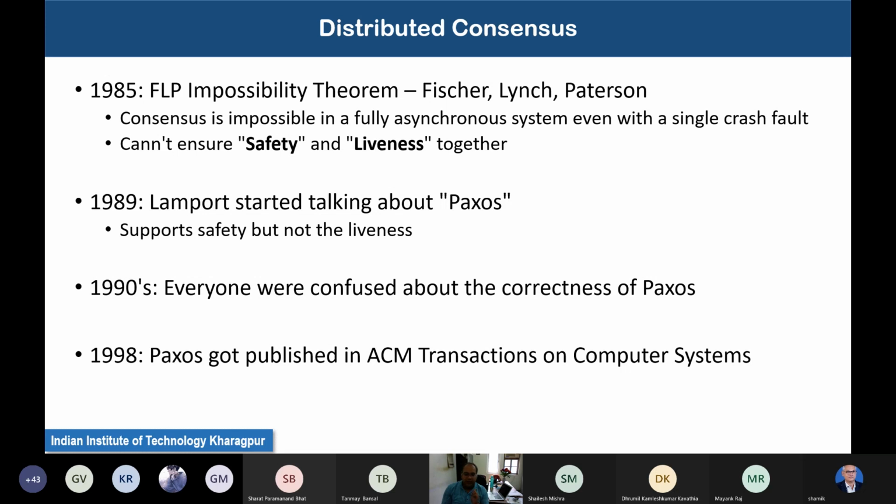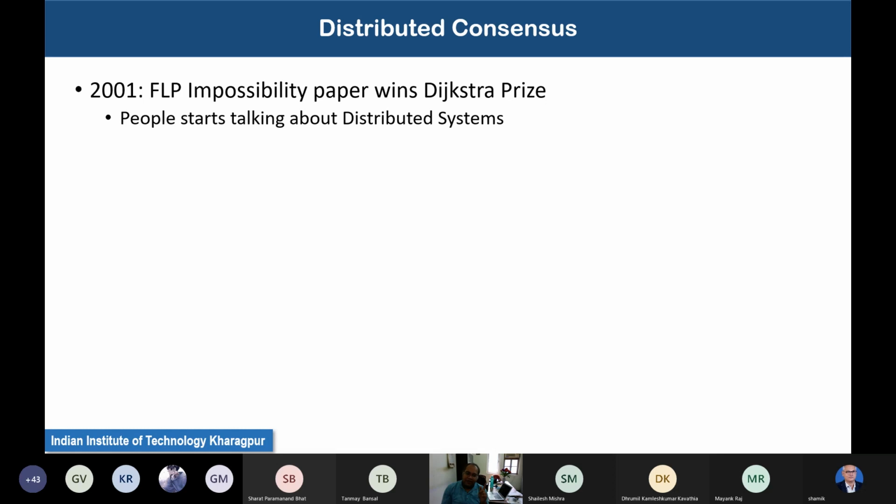Well, so this put up a milestone, and then in 2001, this FLP impossibility paper reached the Dijkstra Prize, and the Dijkstra Prize is one of the best prizes in the area of computer systems, or even in computer science. From that point in time, people started talking about distributed systems and realizing their importance, and research in distributed systems started to see more work from researchers across